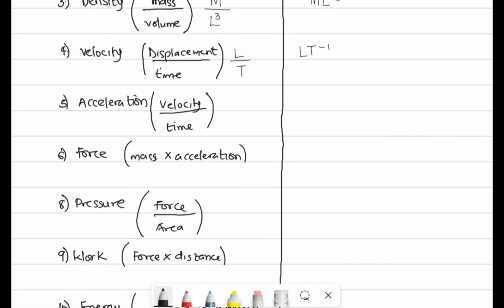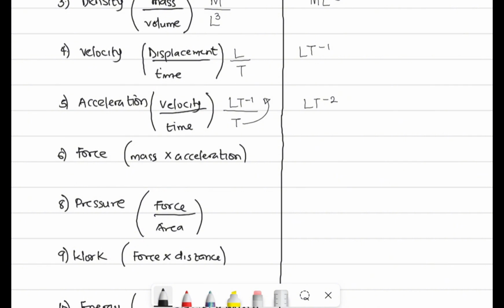We also have acceleration. Acceleration is velocity over time, but we've just previously done velocity as L T minus 1. That's the dimension. And then time is T. So eventually, the T at the denominator moves up to give us L T minus 2, because there's a minus 1 before. This one moves up to give us minus 1 again. That's minus 1 with the previous minus 1 for T. That will be minus 2.